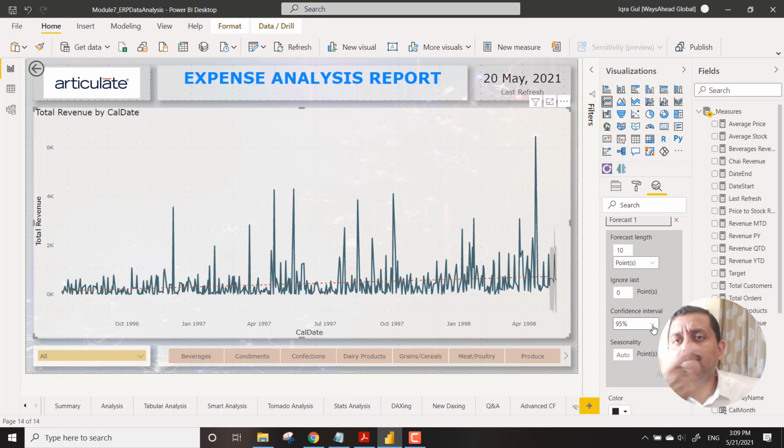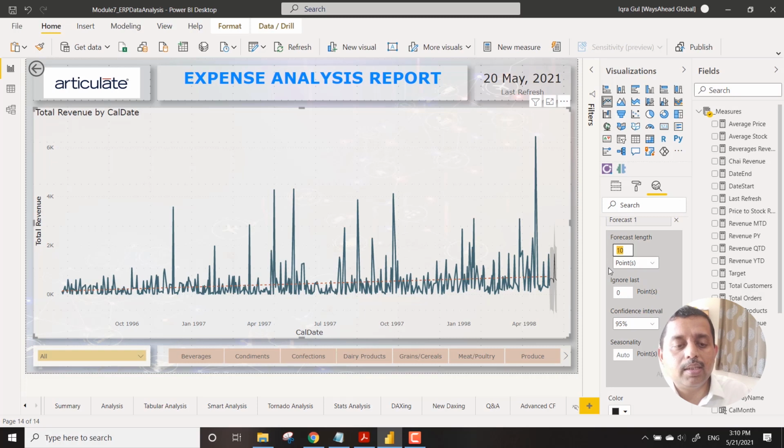I'll give you an example of GDP. Within 1 or 2 years, things will not change drastically to a 50% change, right? It will be hardly 2%, 3%, 5%. So the confidence interval, the variable part, meaning what has changed in the external factors, is 95%. And then we say how many data points we want to forecast. So I have 500 data points, and I can give you a forecast of the next 10 data points.